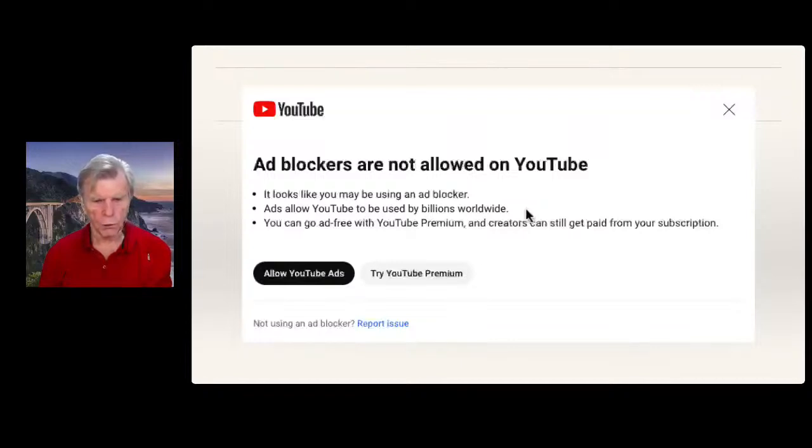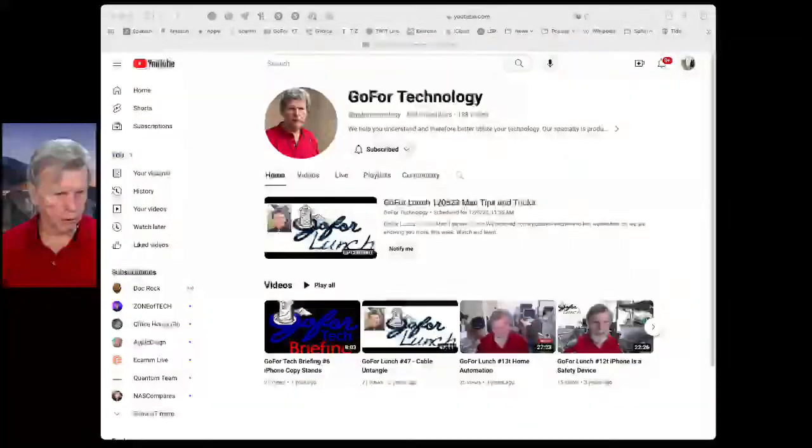Of course, if you don't want to be bothered with that, you can pay, I don't know if it's $60 or $70 a month, to go to YouTube Premium, or you can click here to allow YouTube ads, and then they give you the instructions. So there's two things that you can do. So if we jump into Safari,